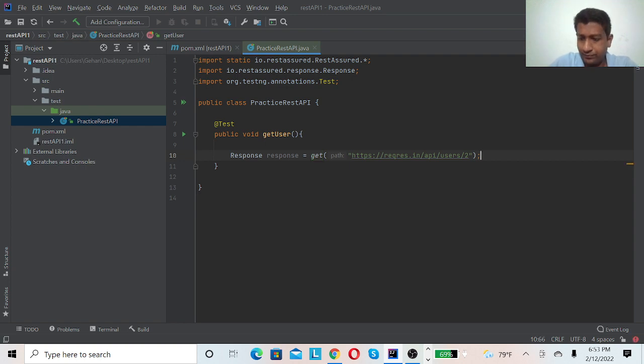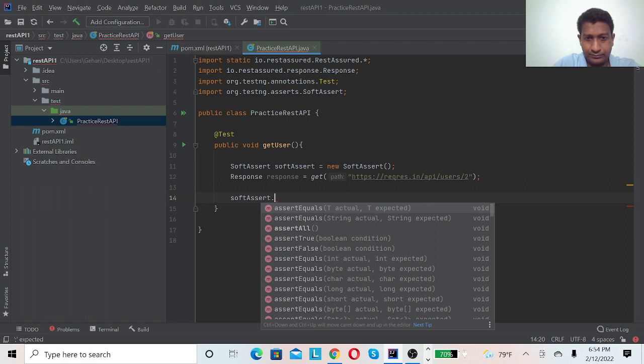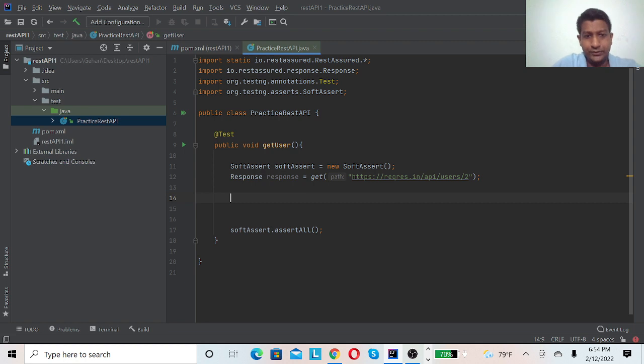So here what happens is it will get the ID number two user, and it will store it in the response variable, and I will use soft assert. So here is the response.